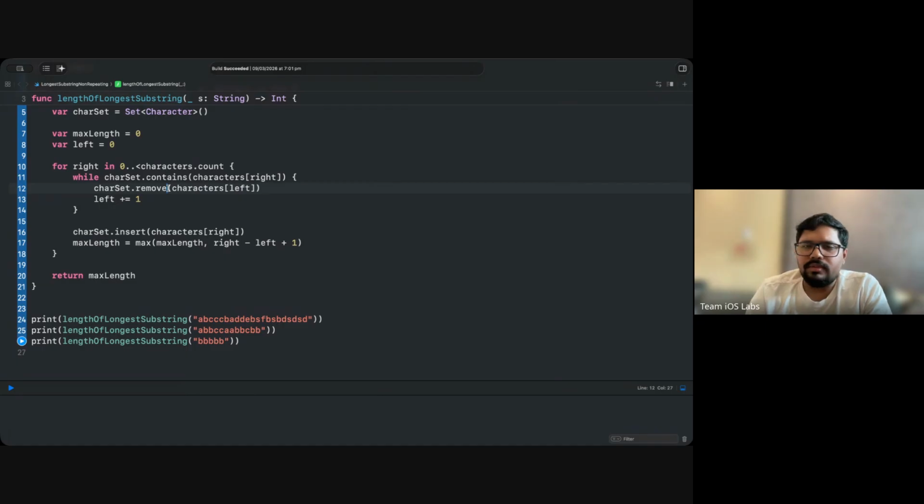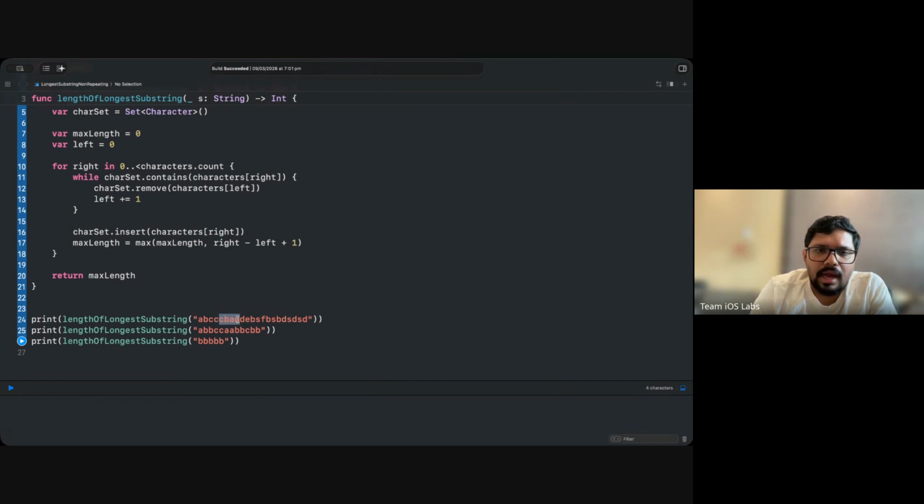So what we are doing, which we discussed here on the whiteboard itself: whenever you get any repeating character, like here you find the C, so you start removing A, B, and C as well. All three will get removed. Now it doesn't make sense to hold this substring, right? Because you already found the repeating character here. So you discard the whole substring basically, until you find only unique characters from the beginning. Then you start again your substring from here, like CBAD.